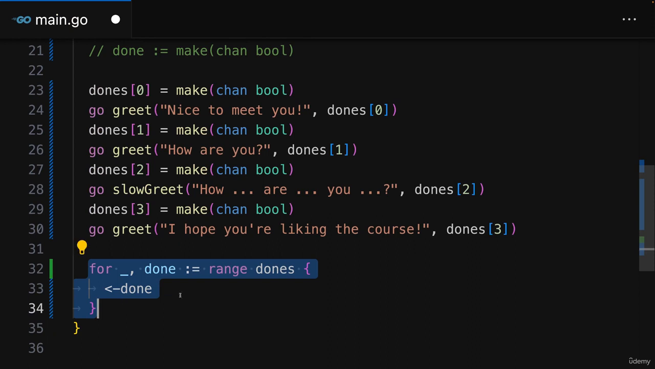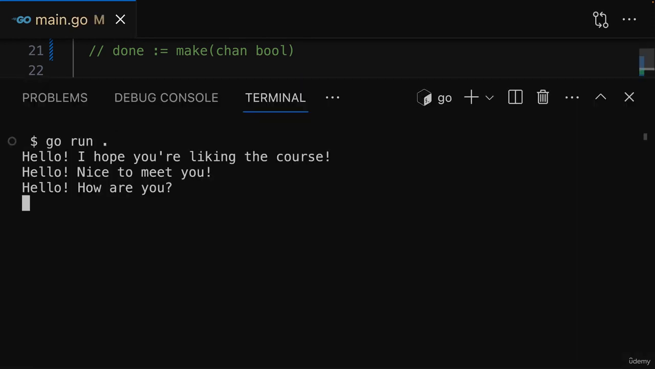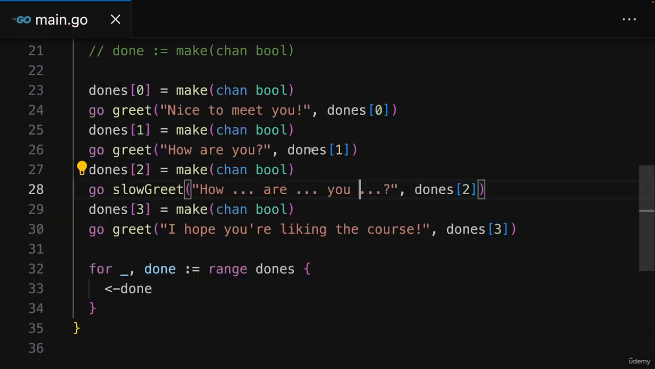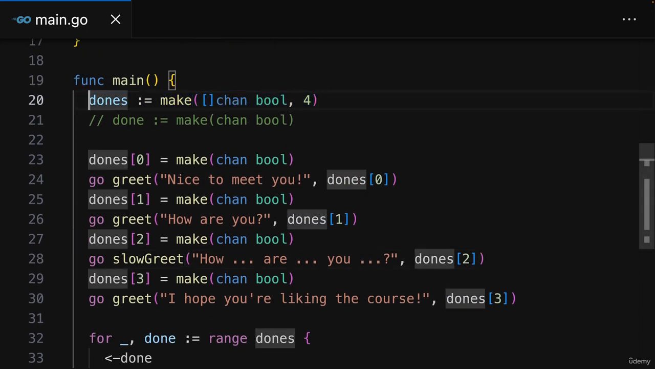And with that, we'll then wait for as many channels as we have here. Therefore, if you run that, we get the same result as before, and we wait for all operations to finish. Now, since managing such a slice of channels can be a bit cumbersome,